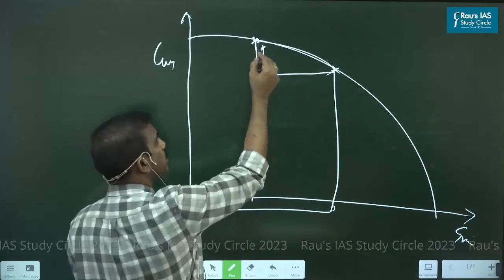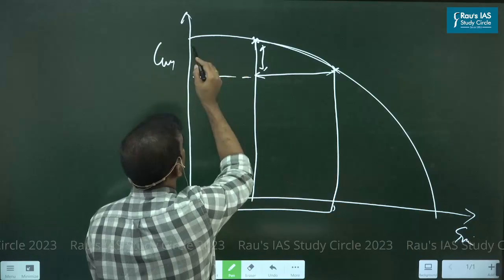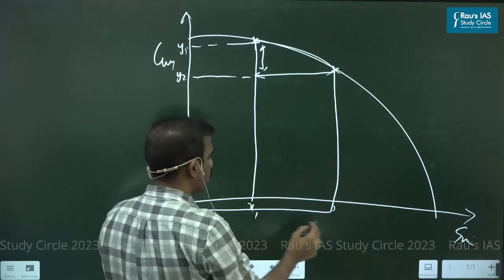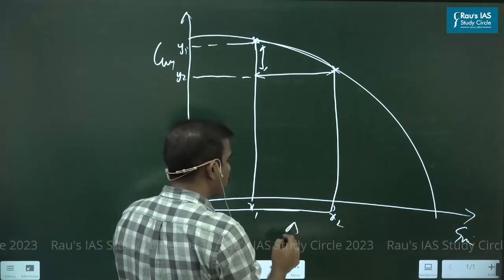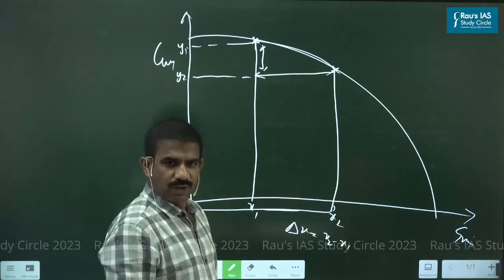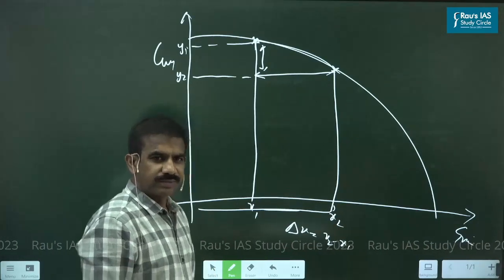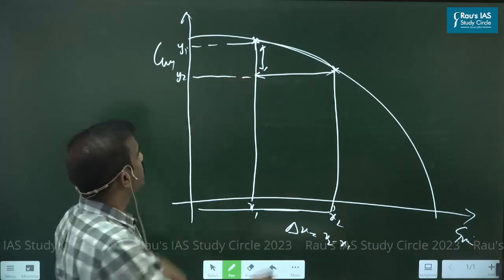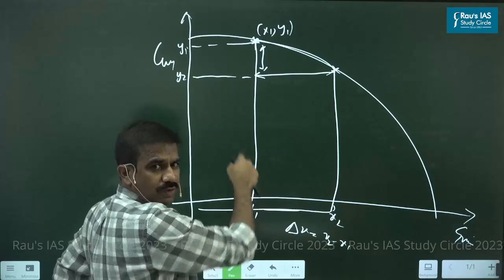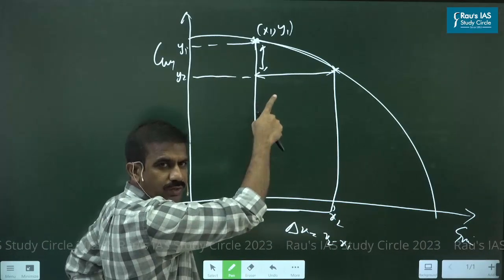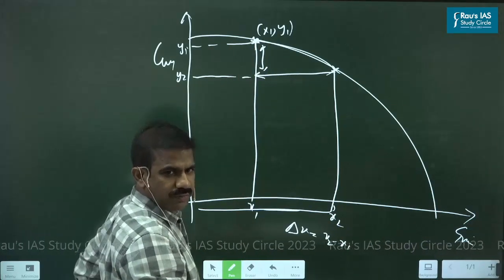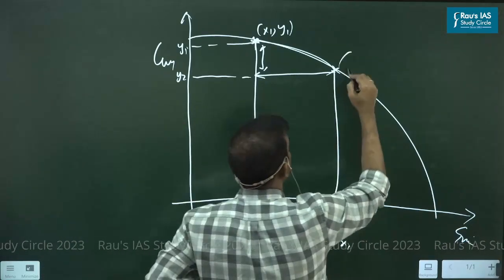So if I move from this point to this point, on the y-axis this is y1 and the new value is y2, and on the x-axis this is x1 and the new value is x2. Delta x means the change in x, that's it, x2 minus x1. You accept it? Following it? Let's suppose this is the point. Can I write this point as x1, y1, because of the value on the x-axis and the value on the y-axis, the x coordinate and y coordinate? So today, imagine this is the quantity of grains and guns I'm producing. Let's suppose tomorrow I choose this point, x2 and y2.